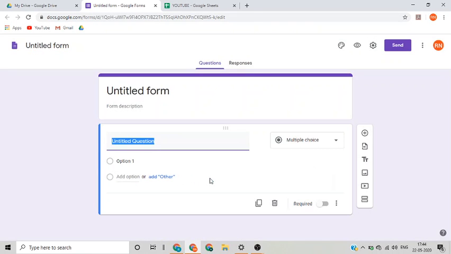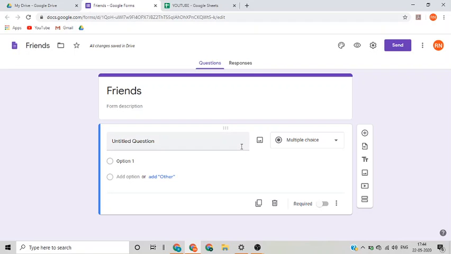This is how a blank Google Form looks like. We'll first name it. So this Google Form can be used to collect any standard form of data from a large number of people, and the data will get saved to your Google Drive in a Google Sheet. Now here you need to keep on adding the questions that you need to get the answers from your audience. So here we will try and collect data of our friends. So we'll start with their name, first name.